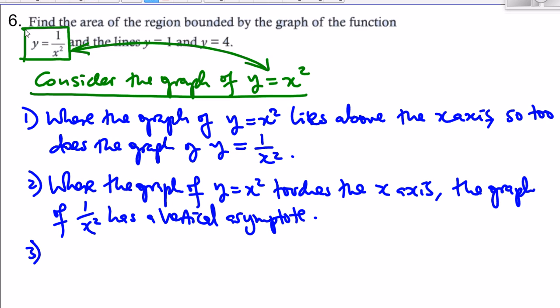And another thing is as the graph of y is equals to x squared increases, the graph of y is equals to 1 over x squared decreases. So where one increases, the other one will be decreasing, and where the other one decreases, the other one will be increasing. So as the graph of